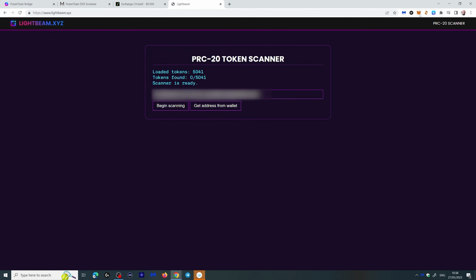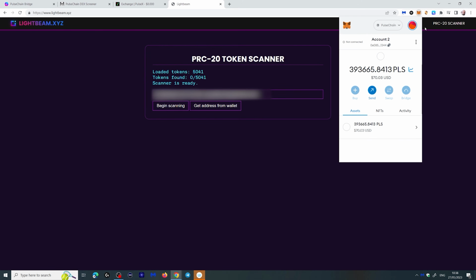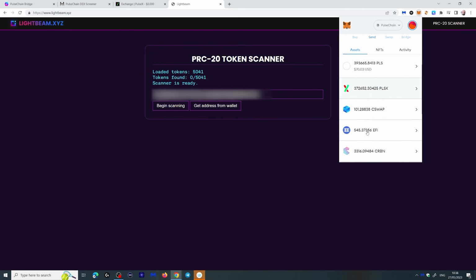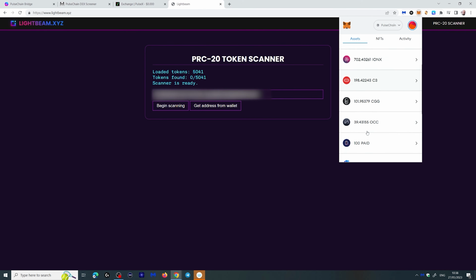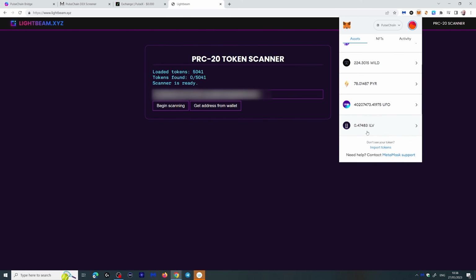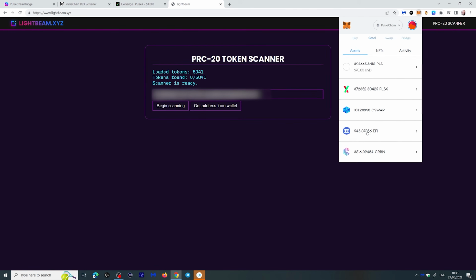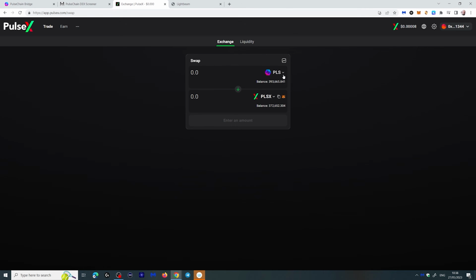Now, if you go to your MetaMask wallet here and you go to Assets, you will actually see all these assets listed that you have on PulseChain. Does that make sense? These are your airdrops. Congratulations, you made some money. Now let's go trade these and see how we can actually find them on the swap, because they're not going to appear. So here we are at the exchange,